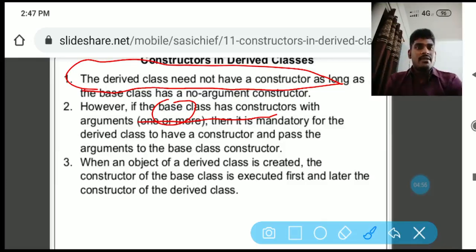When an object of a derived class is created, the constructor of the base class is executed first, and later the constructor of the derived class.